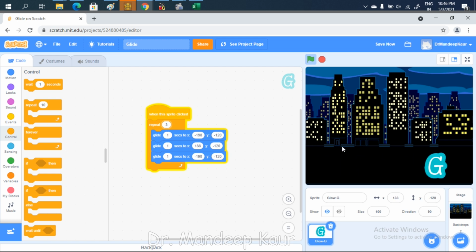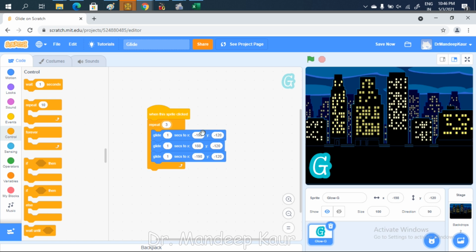For left to right, I changed the x coordinates from 198 to 188 and the y coordinates stayed the same. But if I want to do it from up to bottom, I have to make x static, with no change, and change the y coordinates.